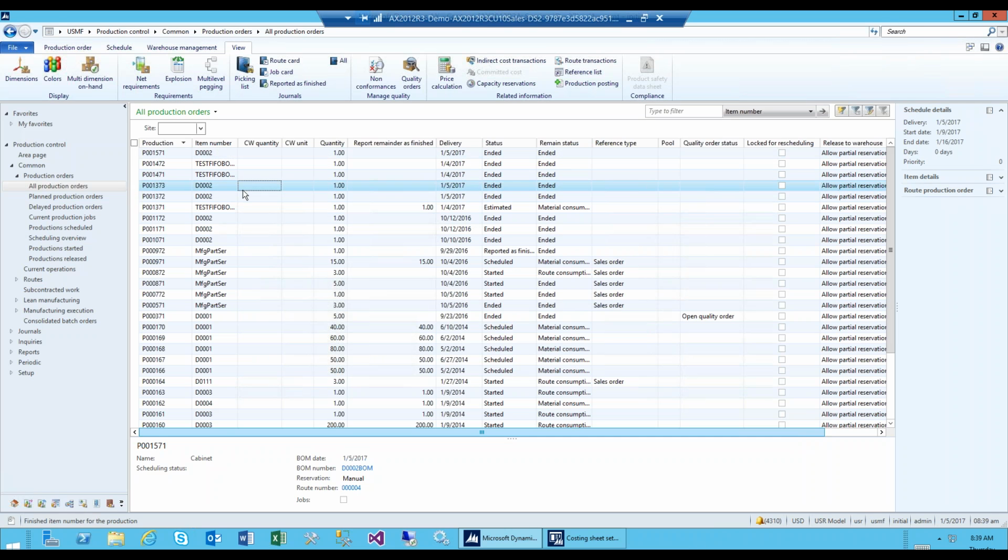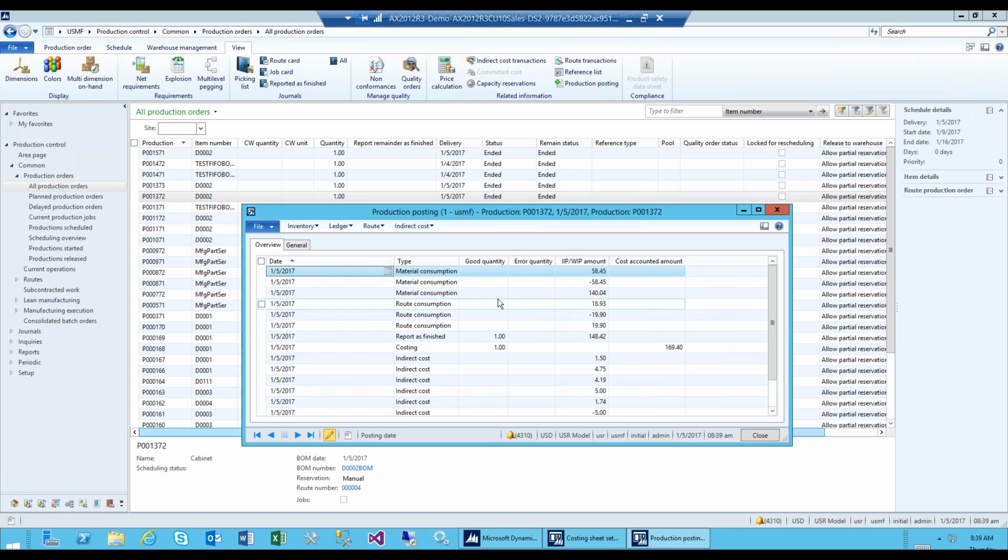I think there's a couple things. It depends on if it's doubling it and it's consuming the products twice, because I have seen that before too, and that's a setup issue. It's a setup issue if it's consuming your products twice on there. It could be a setup issue with the way that you're doing your back flushing or your forward flushing, or how you're doing your flushing could actually duplicate the cost. This one has 3 material consumptions, and the reason for this is that I actually did a